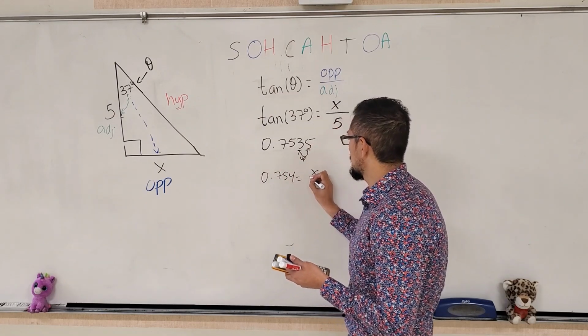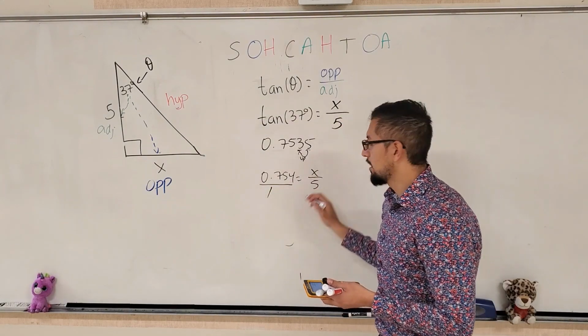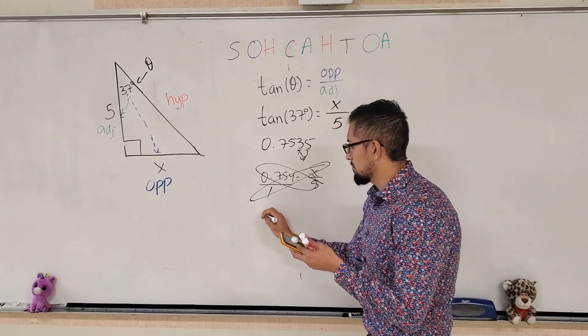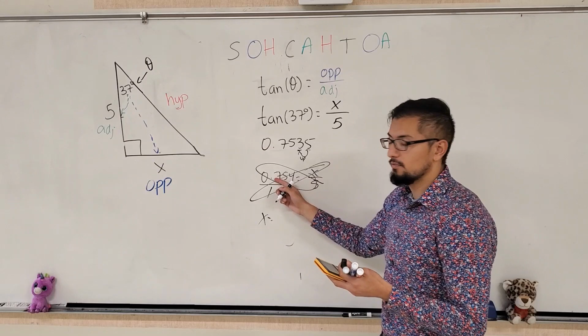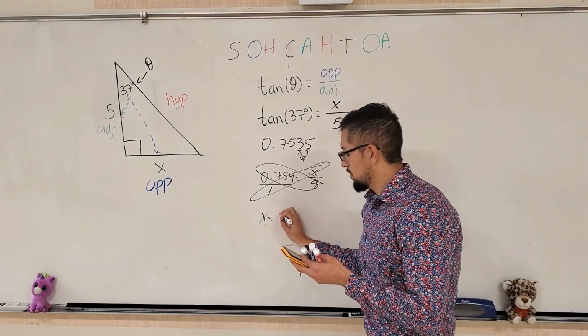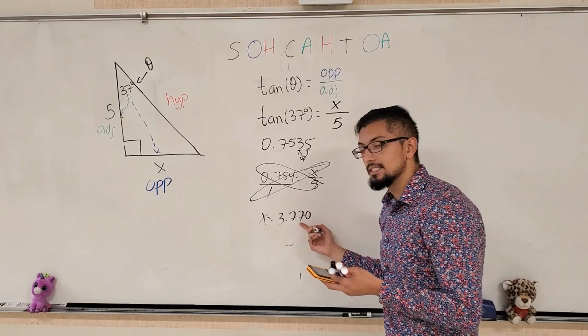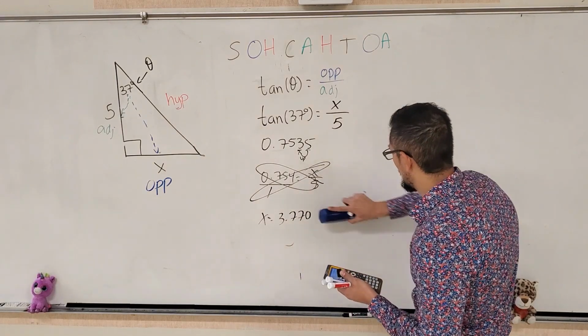So 0.754 equals x over 5. This side is a fraction, so I'm going to put this over 1, and then I'm going to cross multiply. x times 1 is x, equals 0.754 times 5, which is 3.770. For my final answer, I wanted the second decimal place, so by rounding,